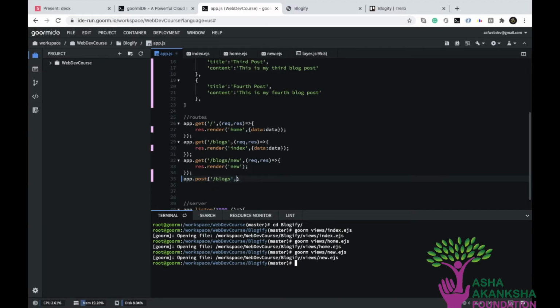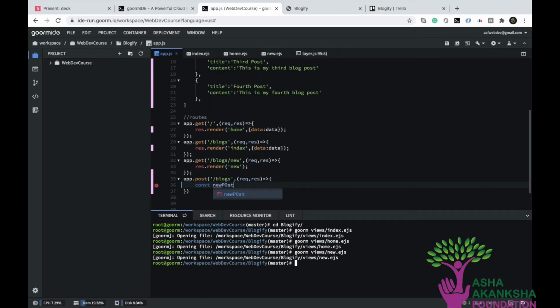Again, I'm saying that this is the convention. We'll get to see this later on. For now, just follow along with what I'm saying because you know that it is legally allowed, right? You already know that because we don't have any post route with /blogs. We do have a get route, but not a post route. So in here, what we can do is we can do